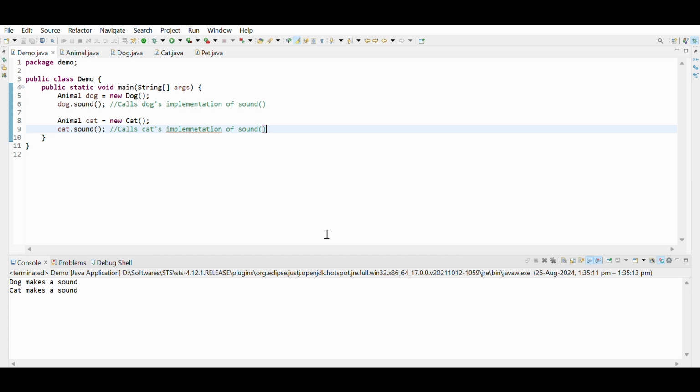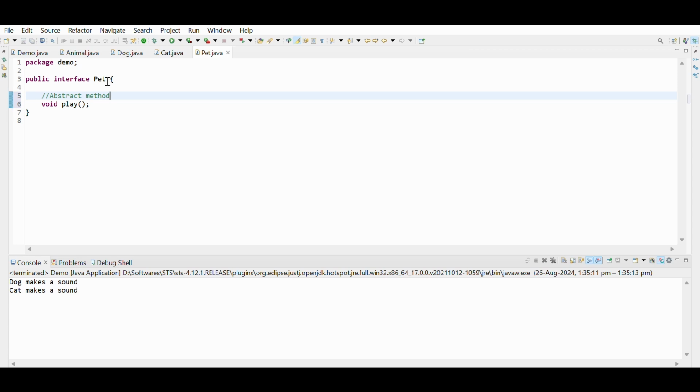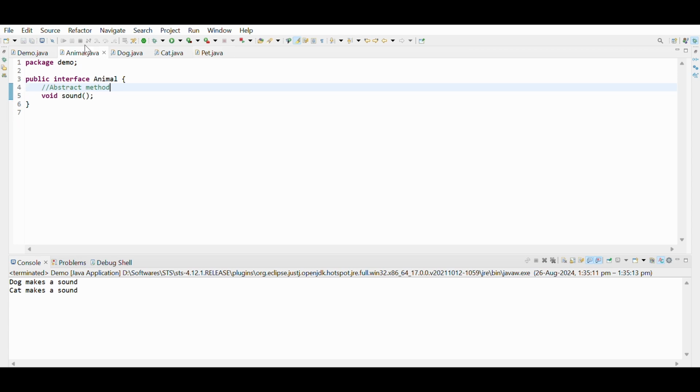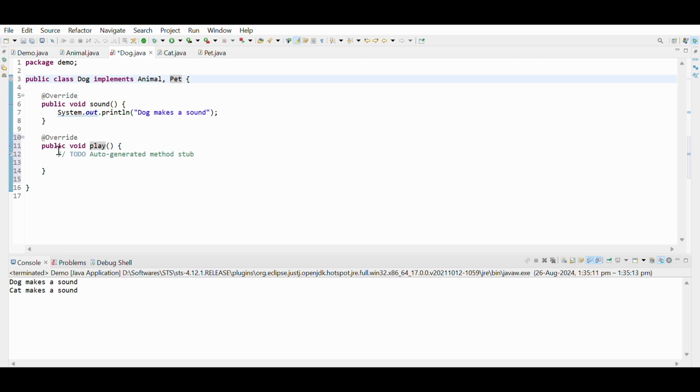I have already created one more interface, named Pet. What I will do, I will provide one abstract method inside this interface as well, void play. This will be the abstract method. And now let me go to the Dog class. Here you can see it is only implementing the Animal interface. I will ask it to implement the Pet interface as well. Now let me provide implementation of the play method here,